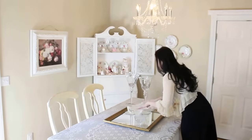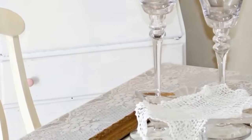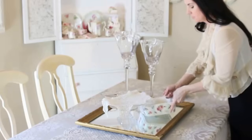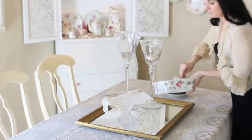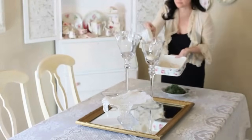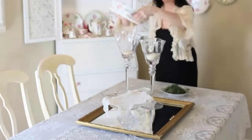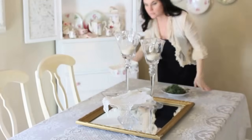And then next, inside of these tall candelabra pieces, I am going to add some rice. I actually dropped my phone in water today and had to use this rice to dry my phone out, so this was not cooked rice, but just rice that I wanted to find a purpose for. So I'm just going to add it into the base of these little vase candlestick holders, and then layer some moss on top of that. Then I'm going to add some eggs into the top of these and just kind of make a pretty little